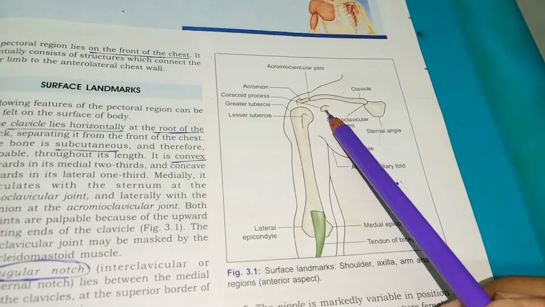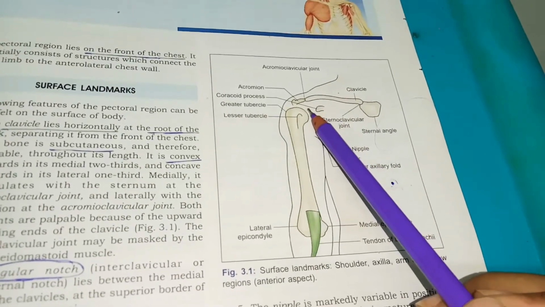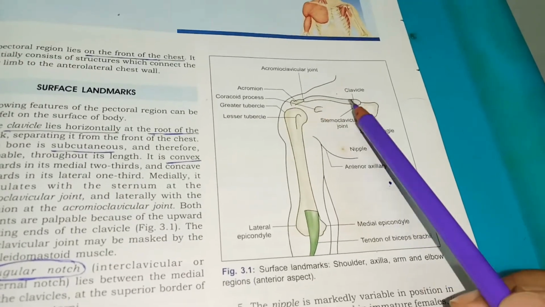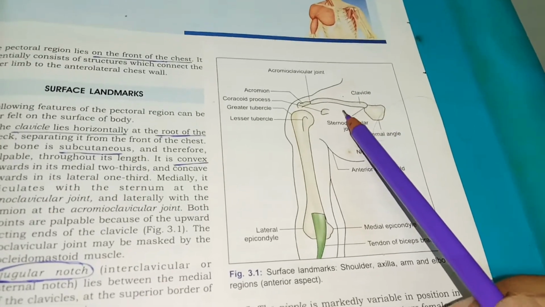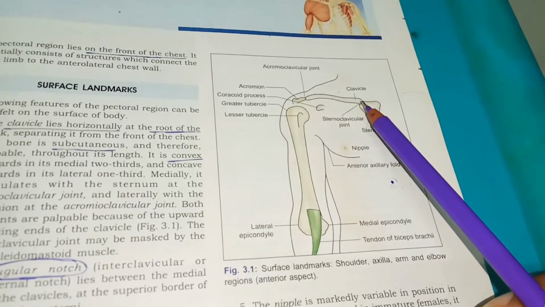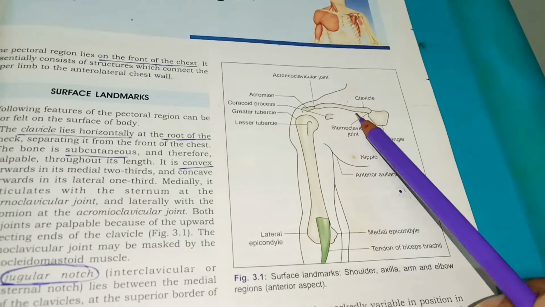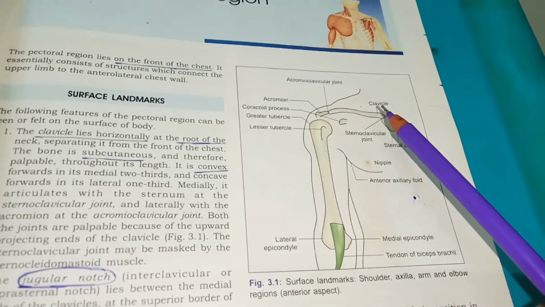Laterally you have the anterior fibers of deltoid. The deltoid comes from the lateral side of the anterior surface of the clavicle, right? So laterally it has the deltoid, medially it has the pectoralis major. In between there is a triangle, hence it is called the deltopectoral triangle. Superiorly you have the clavicle. That's it, very simple. So this is the infraclavicular fossa.